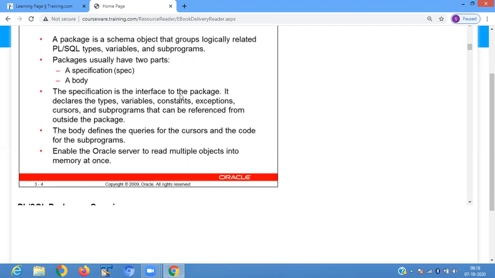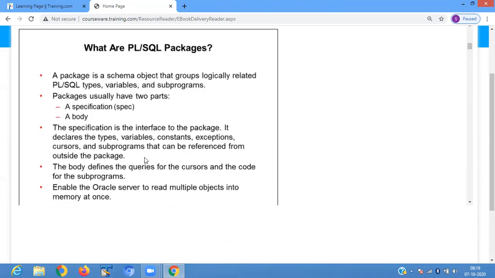The specification is the interface to the package. It declares the types, variables, constants, exceptions, cursors, and subprograms that can be referenced from outside the package. The body defines the queries for cursors and the code for the subprograms. It enables the Oracle server to read multiple objects into memory at once.